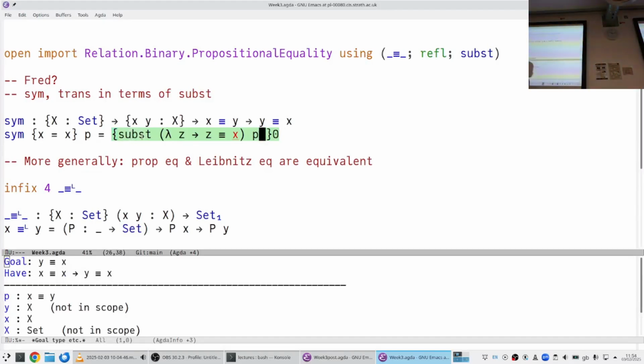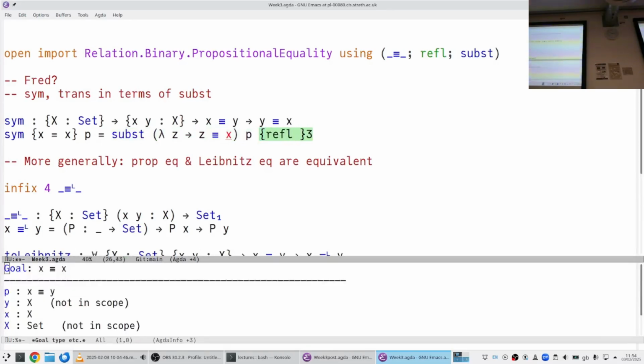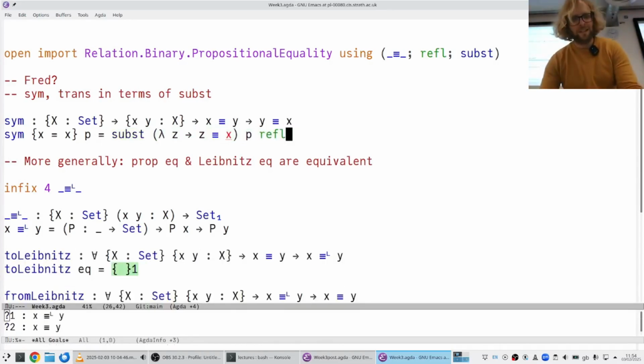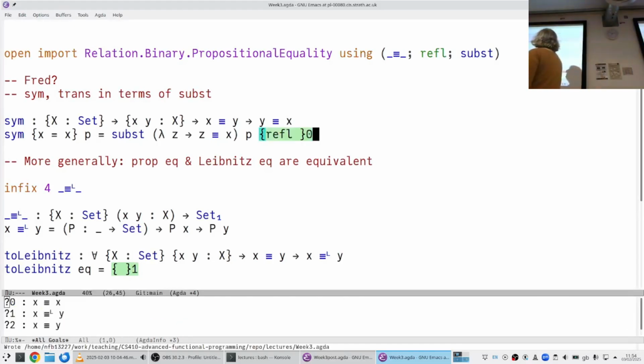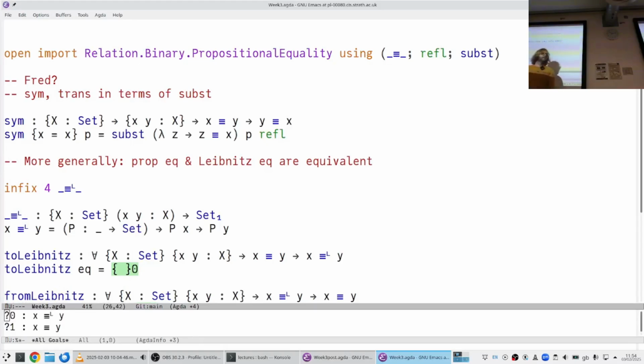Okay, then we see that subst says if I can prove my predicate for x, then I get it for y, right? So for x, my predicate is that x equals x, and for y, my predicate is that y equals x. So that's very good because this matches the goal, and this is also very easy to prove, right? So just leave a question mark for that final thing, and then I see that what I have matches what I want. Excellent. Reload the file just in case. And I look at the goal, and I see that refl will just fit here. Okay. So all the pieces are easy, but really, as Guillaume said, the tricky thing is coming up with the right predicate here, right?